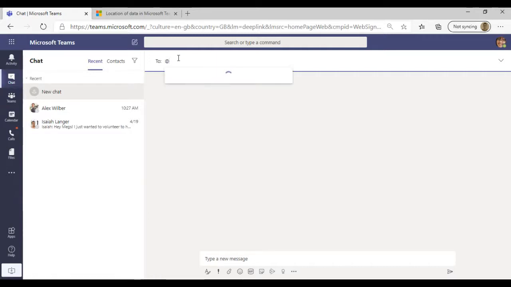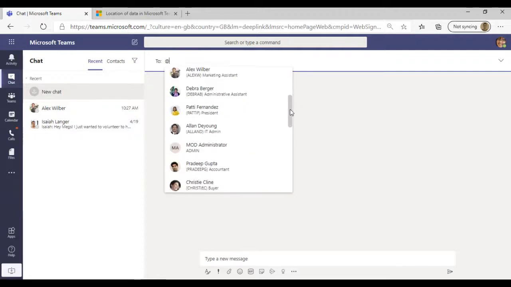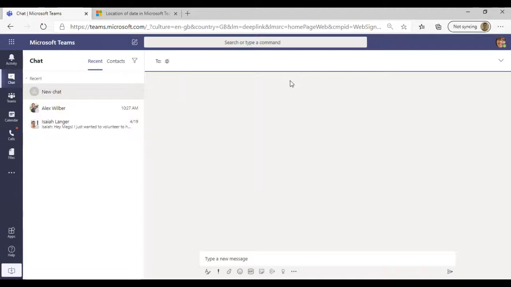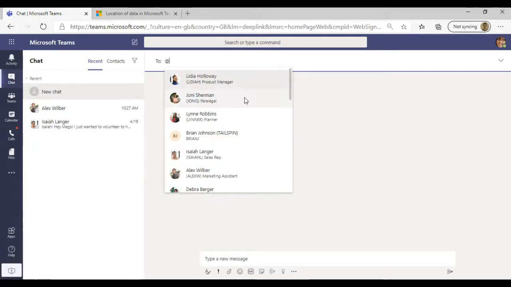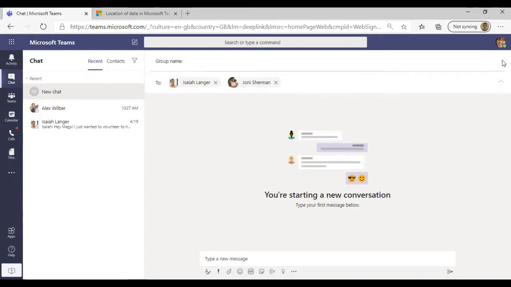But as an example, if I use the function here, as we see, that will display everybody within your organization and everybody that is within your Teams tenant. So as an example, with somebody at Microsoft, where we have tens of thousands of people, it's very good to be able to quickly look up people. But if I wanted to start a group chat with, say, Saya and let's say Johnny, then you can name that group chat.